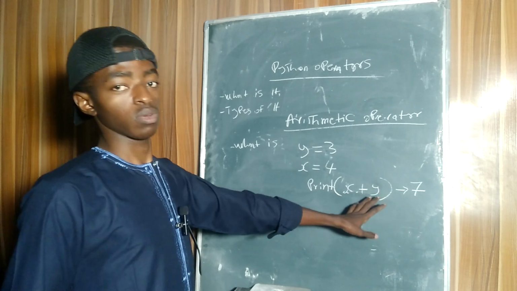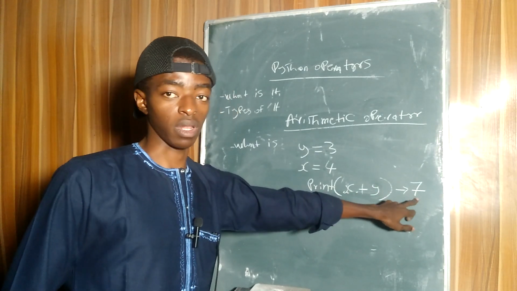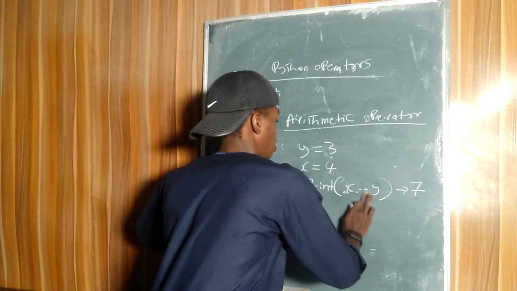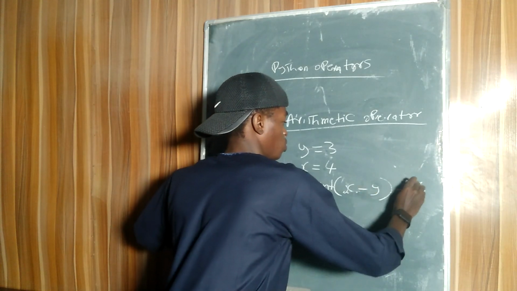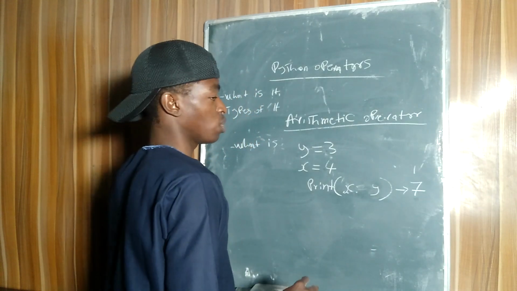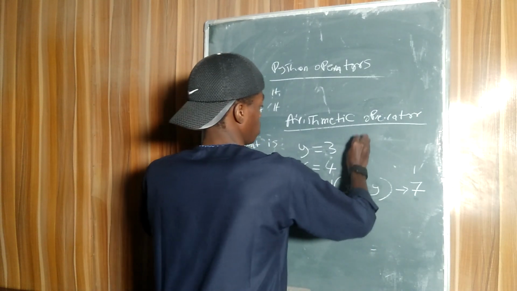So when you print this out, you're going to see 7 in your terminal. So this is how arithmetic works. Also, if I put a minus, then the output will be 1. If I put multiplication, for the multiplication sign, we usually use an asterisk, something like this,